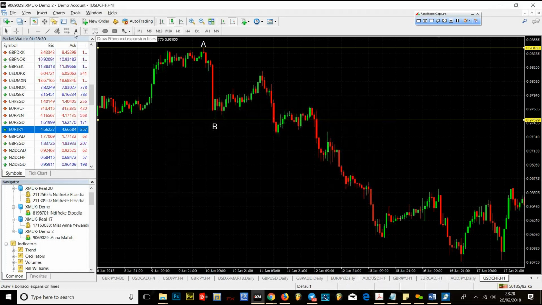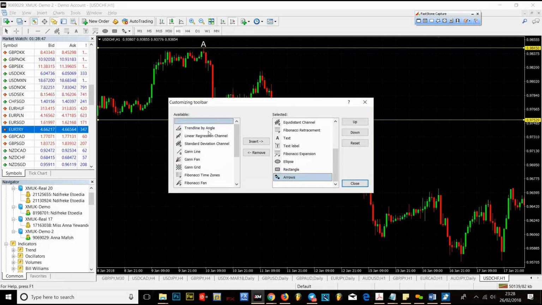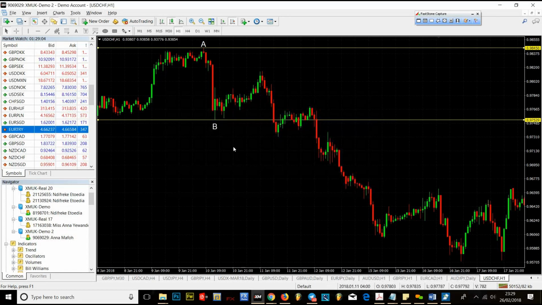You see, I have my Fibonacci retracement, I have my Fibonacci expansion, I have my drawing tool, the ellipse and square tool and rectangle tool and all of that. If you want to find any of these tools, just right click anywhere on this toolbar, go to customize, and then pick anything that you want. They're all here on your left hand side. You can pick them and insert them and they will all come here. You can also arrange them, move them up or down depending on where you want them on your toolbar. All right, so now